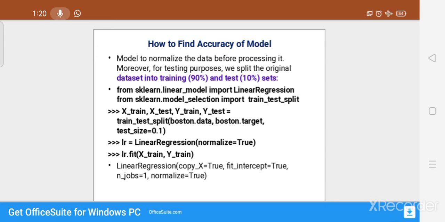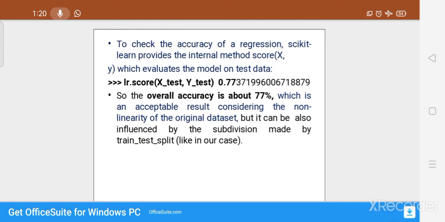So whatever formula we saw for linear regression runs in the background. Here fit_intercept equals true and normalize equals true. To check the accuracy of this regression, scikit-learn provides the internal method score.